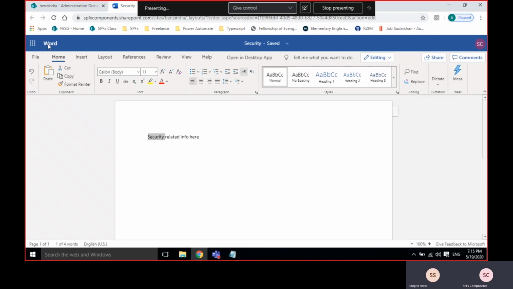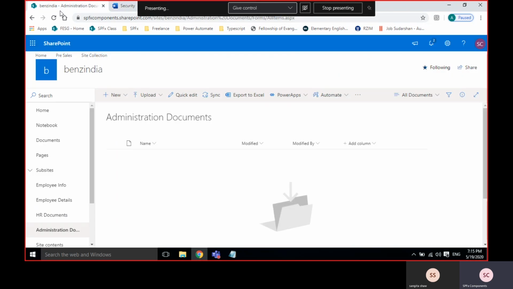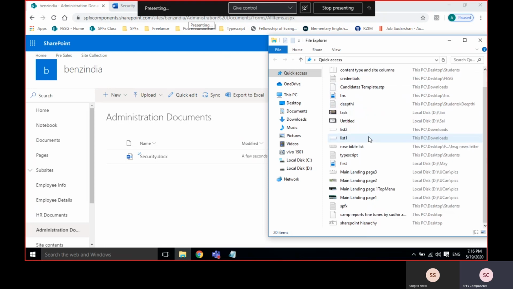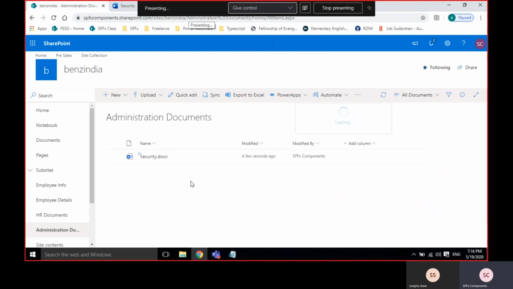The document's name is security. I can create multiple files or upload multiple files, maybe I'll take one file. I can drag and drop.